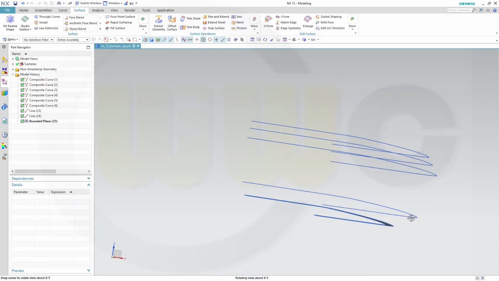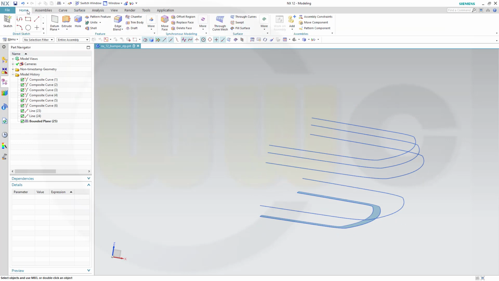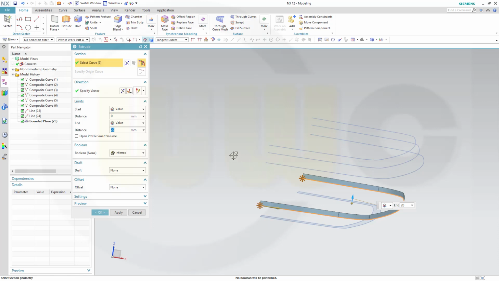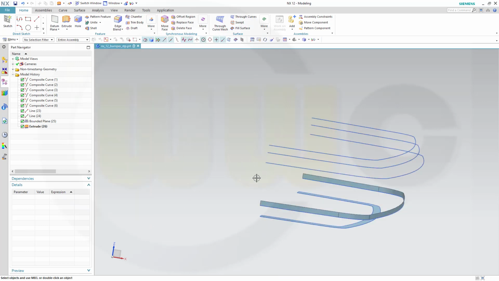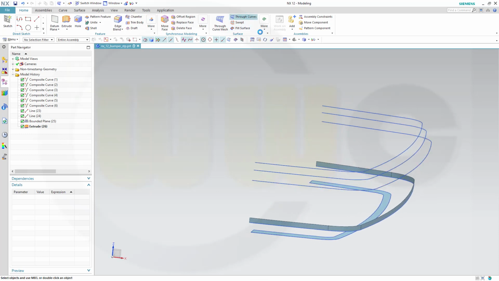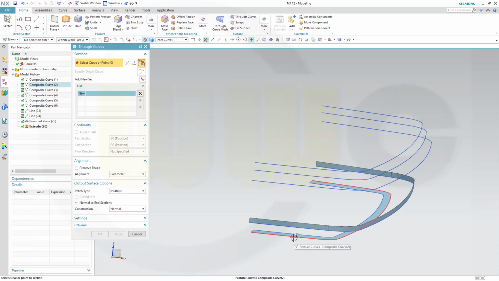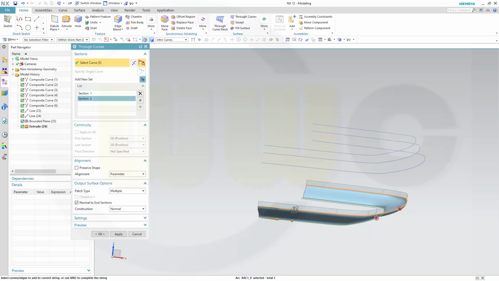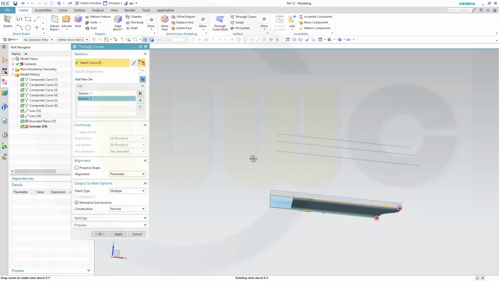Then I want to go through curves, but to control it a little bit I need an extrude with that. One, maybe 20 or 10, doesn't really matter. Now I want to go through curves from that. I could go to the edge of the bounded plane and go for tangent curves, add another set, again go for it, and